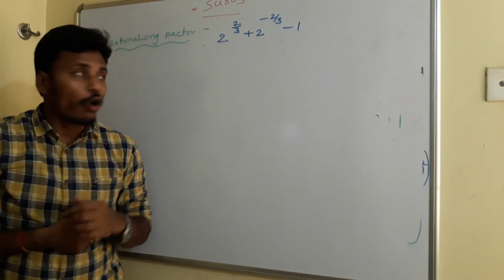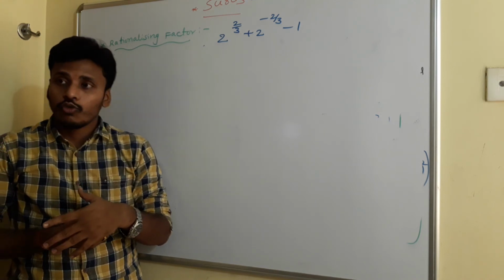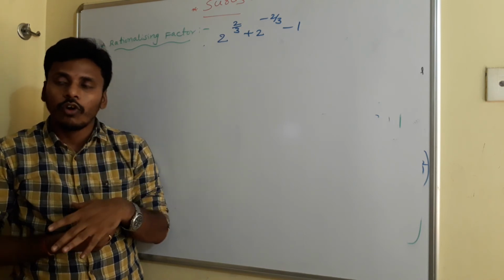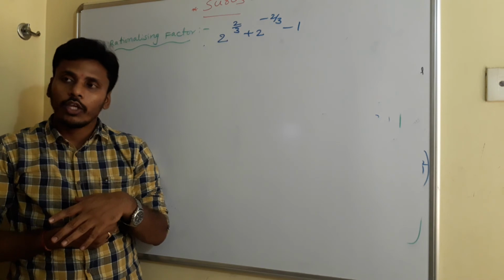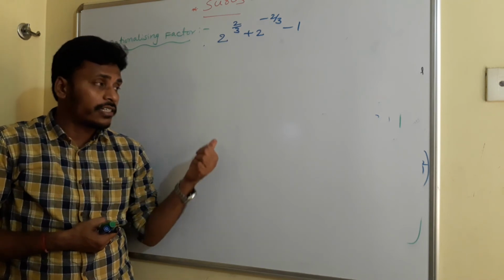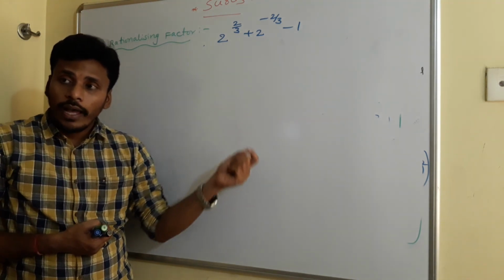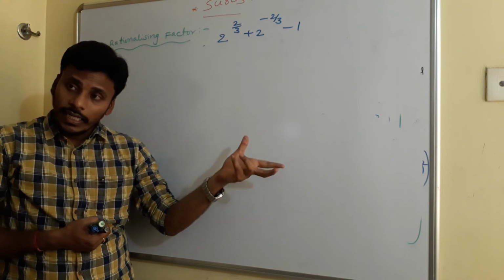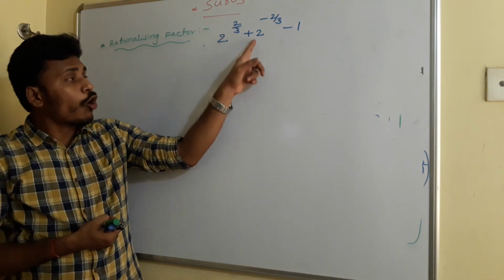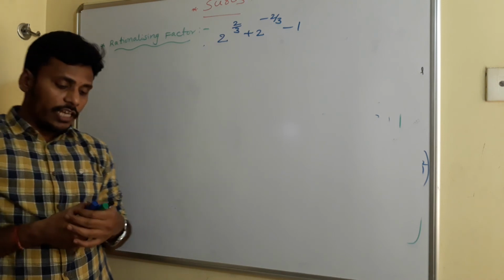Again, if you look, the problem involves power 1 by 3. 2 power 2 by 3, 2 power minus 2 by 3 minus 1. So, since power 1 by 3 is involved, you need to think about the a cube minus b cube formula as well as the a cube plus b cube formula. I mentioned there that in the a cube minus b cube formula, a square plus ab plus b square, 3 terms. A trinomial is involved with pluses everywhere. But here a trinomial is involved with a minus. See, that minus trinomial is there in the a cube plus b cube form.